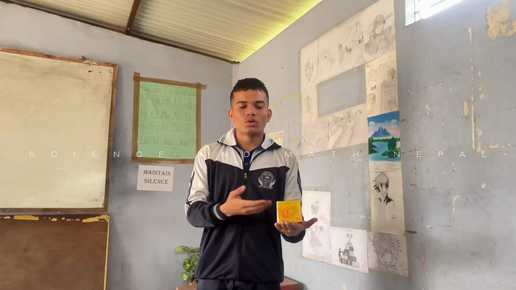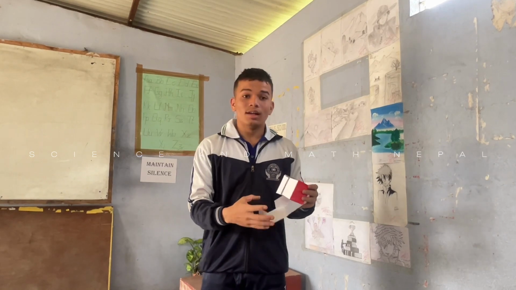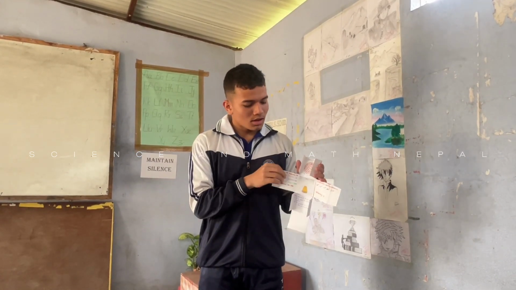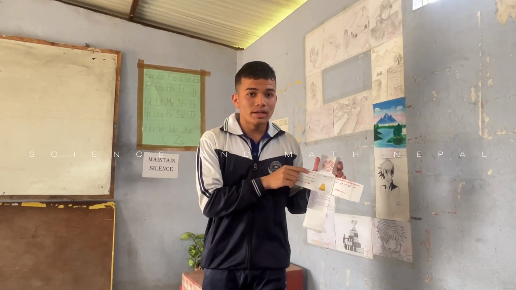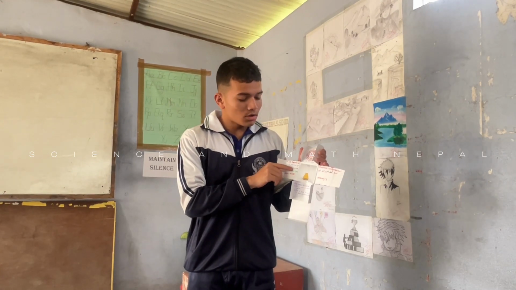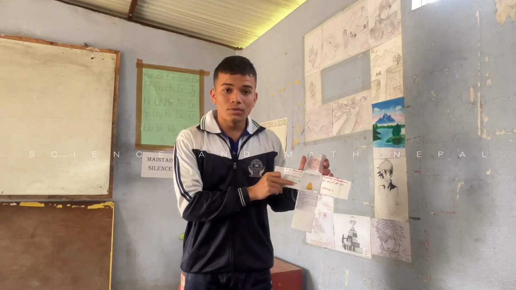Chlorine, its symbol is Cl. It comes from the 17th number of the modern periodic table. As you can see the atomic structure of it, the number of protons in it is 17, the number of neutrons in it is 18, and the number of electrons in it is 17, and you can see the atomic number of it is 17.